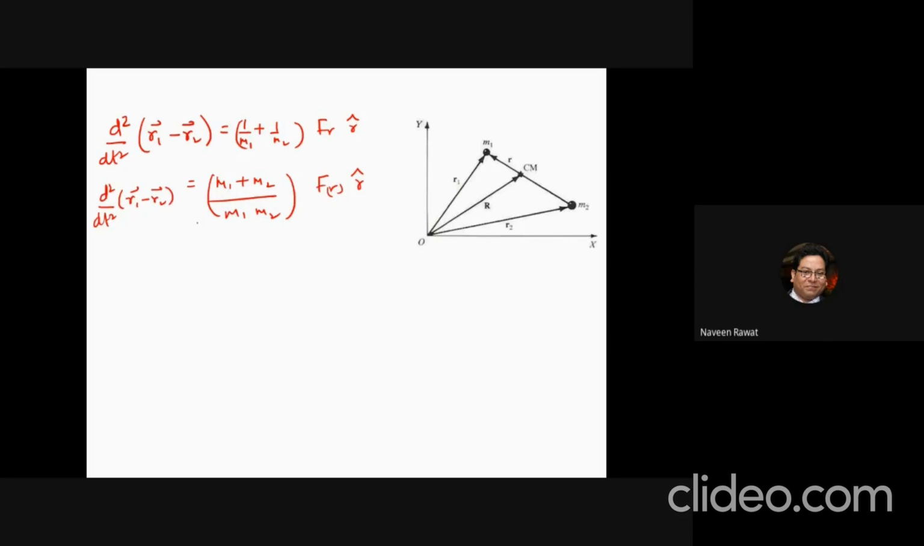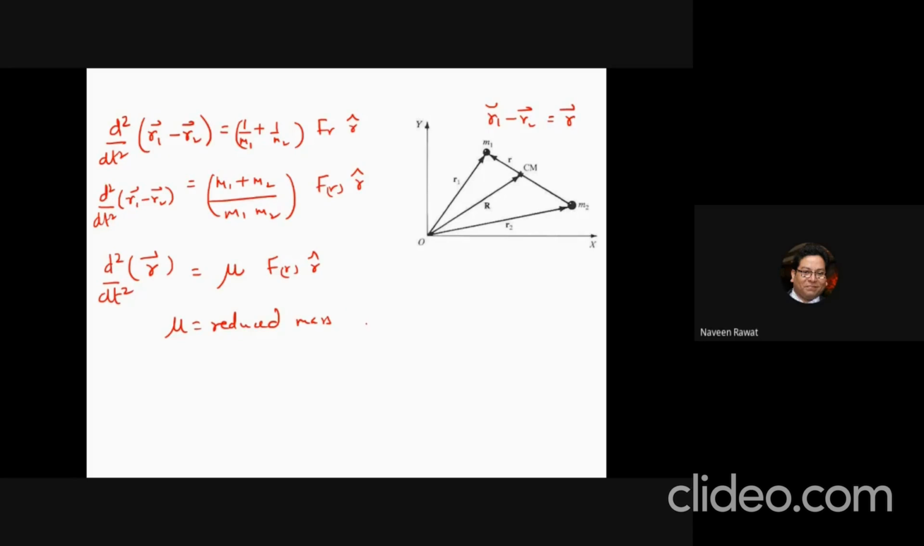So remember, r1 minus r2 in our problem, we have defined as the vector r. That is the position vector r between m1 and m2. So this I can write on the left hand side as d square by dt square of r. And this m1 plus m2, the total mass, divided by m1 m2, I can write as a factor which is called the reduced mass. And then my equation will become like this, where mu is the reduced mass,